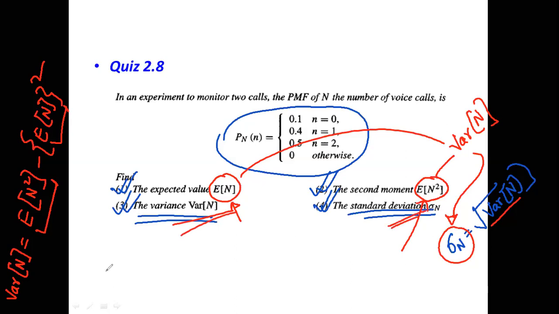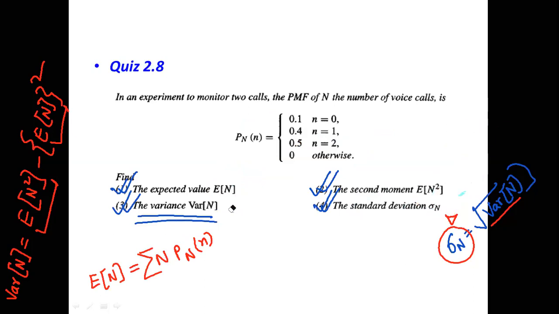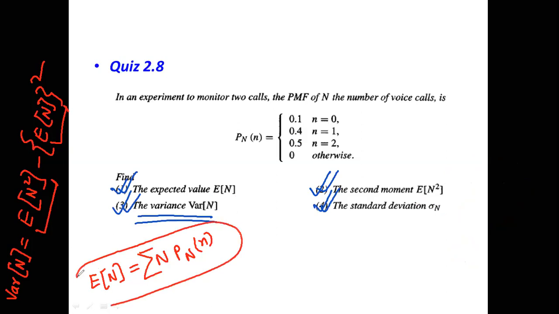Now how can we find the expected value of n? We know very well that this is the summation of n times Pn. Can we remember? If you can remember, then we can think about it, isn't it? For finding this expected value of n, we can use this formula, and we have the values like this. So what is the value of n?